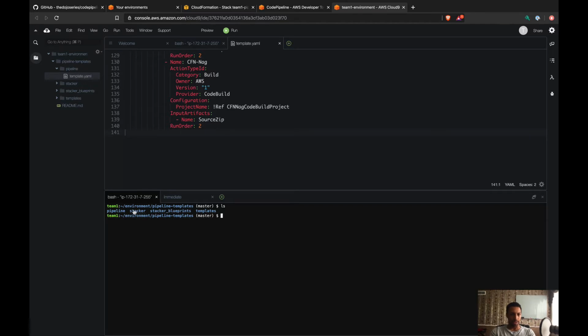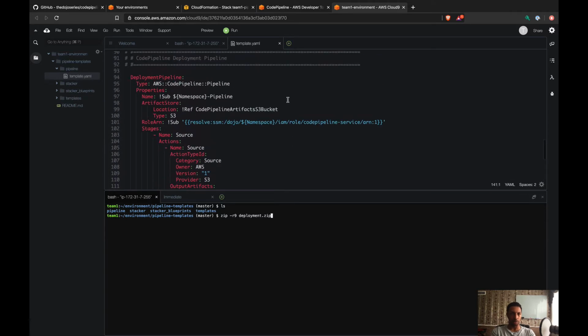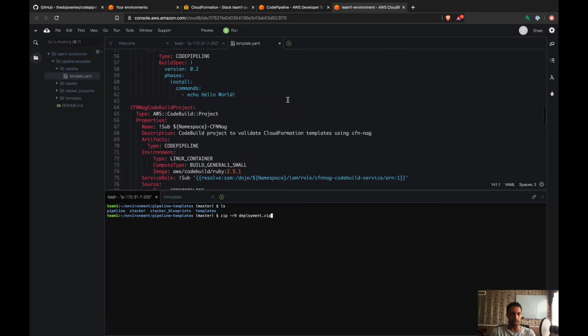ls, so we have stacker and templates. Let's just zip them up. Here we need to specify the name of the file. And if you remember well, let me go back here. Where do I have the name of